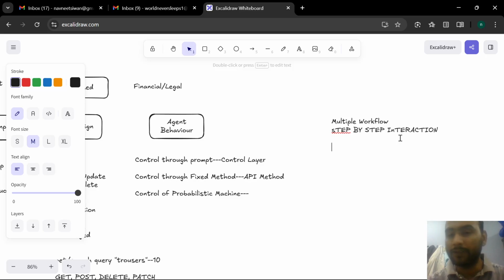This is very challenging when you go into production, because in production, especially for the enterprise, they want a solution that is fixed and accurate,